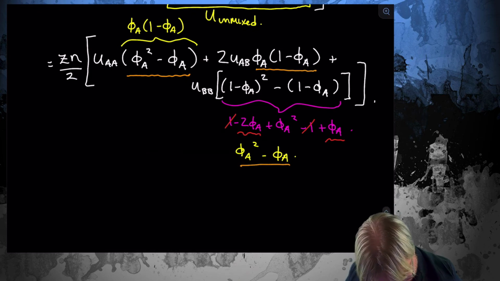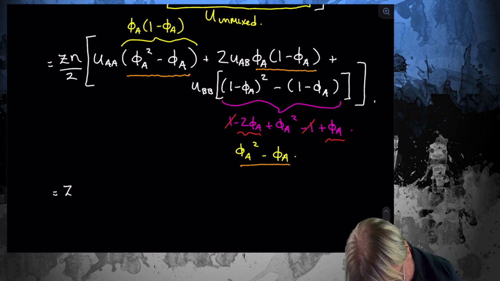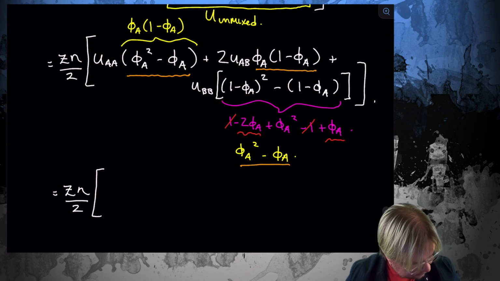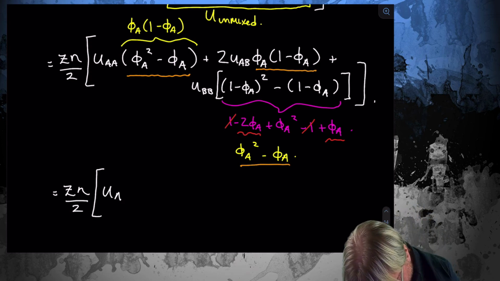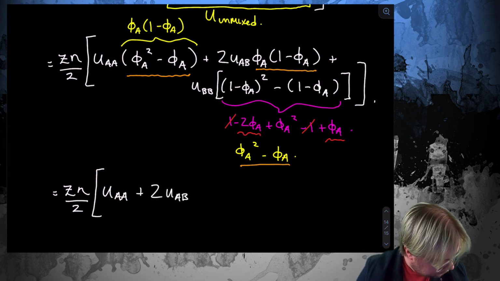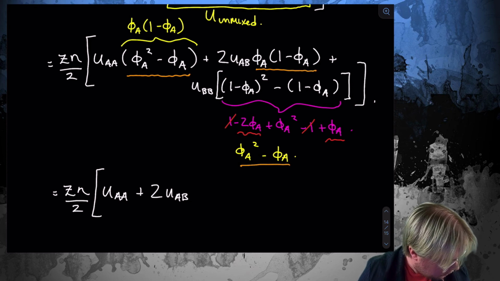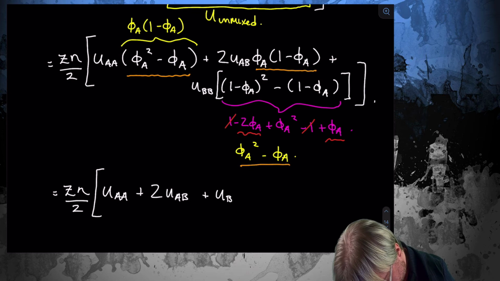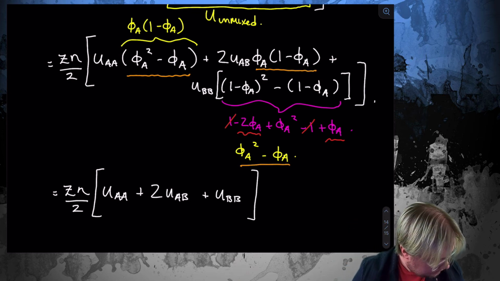So let's factor one more time. We've got coordination number of lattice sites divided by 2, times UAA plus 2 UAB plus UBB multiplied